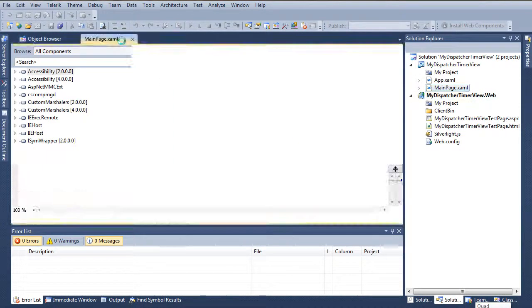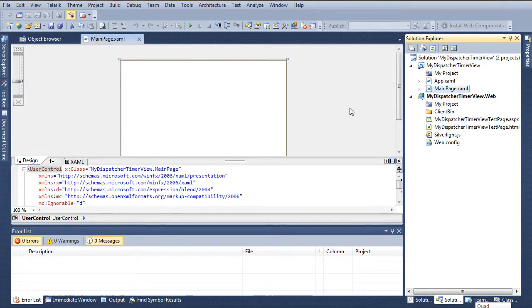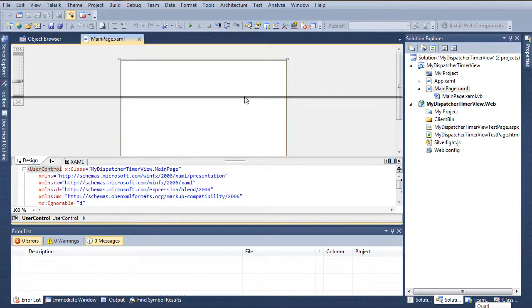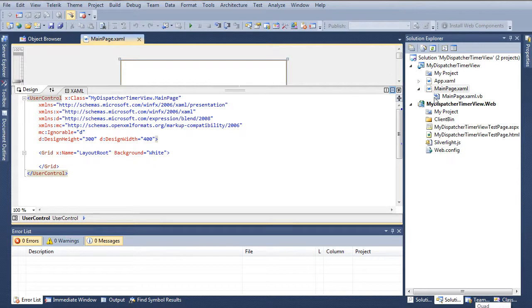So what we are doing is creating a Silverlight project, and I'm using this ASP.NET web page to host the Silverlight XAP file. And in this main page I'll put some controls, and I want to update them dynamically. It should be periodically, on a certain interval, maybe 1 second or 2 minutes, whatever you say.